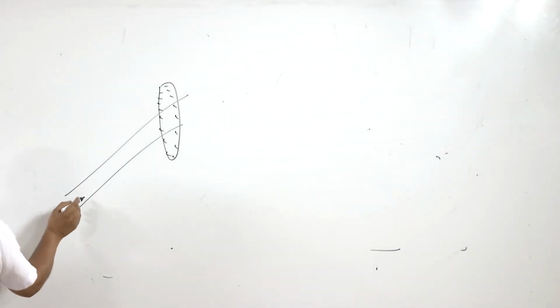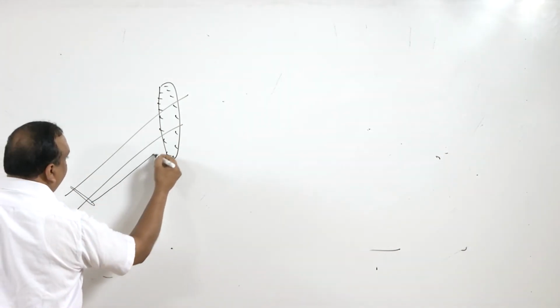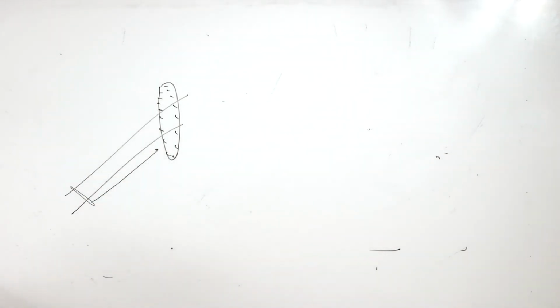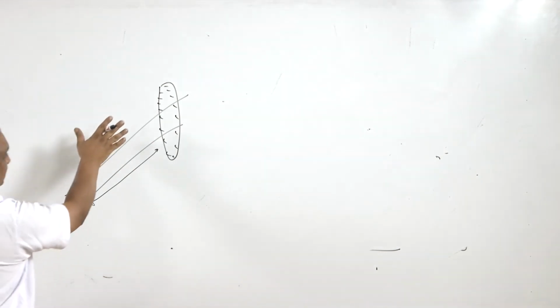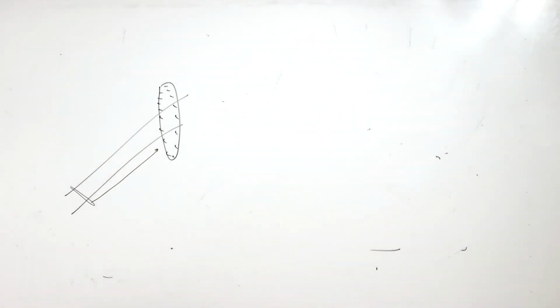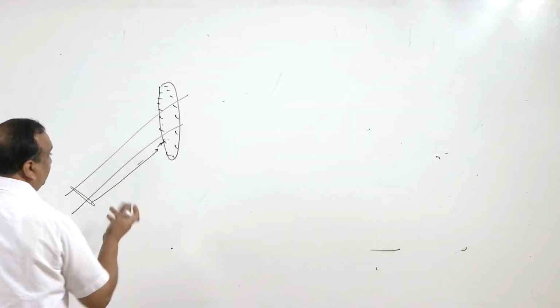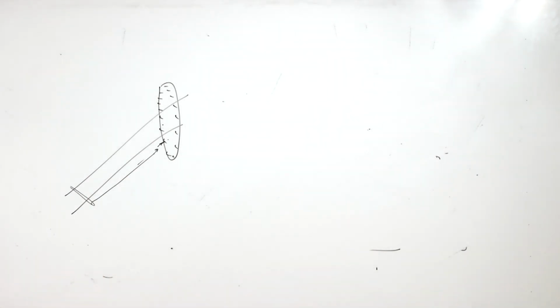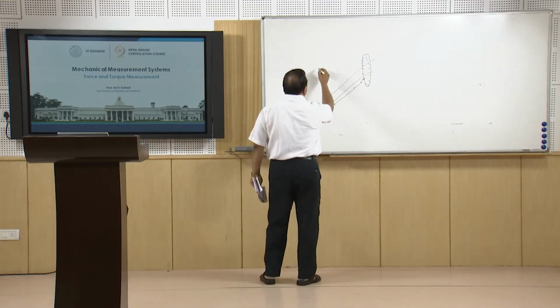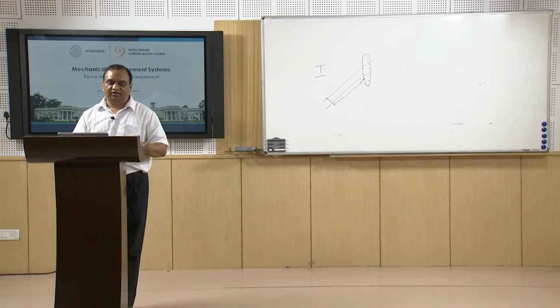If I fix a rod parallel to the shaft on the surface of the shaft, and when the shaft is twisted, right, the indicator will indicate the reading on the marked disc, and from there we can calculate the value of theta. The length of this pointer is known to us, the value of C of the shaft, modulus of rigidity, is known to us, so we can find the value of torque exerted on the shaft. So that is the mechanical method of